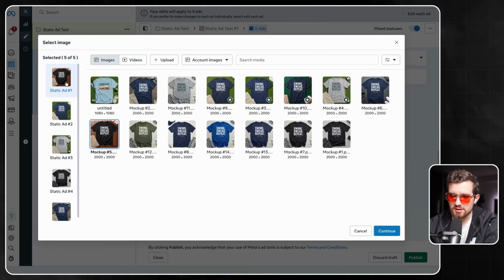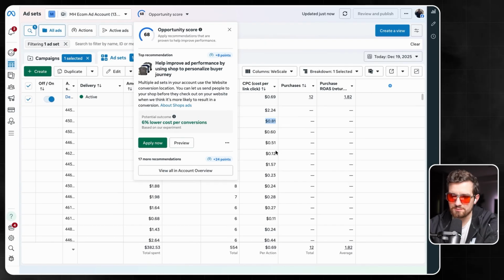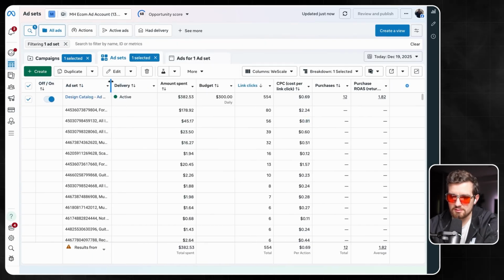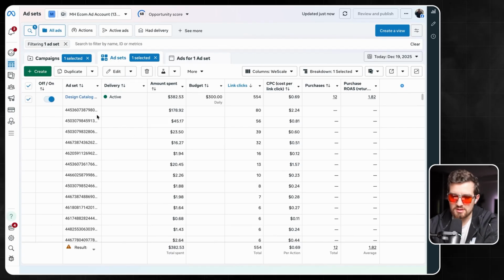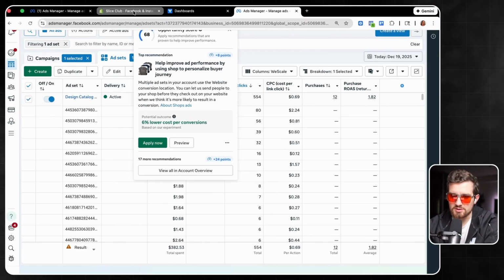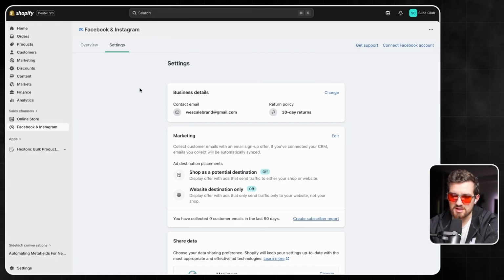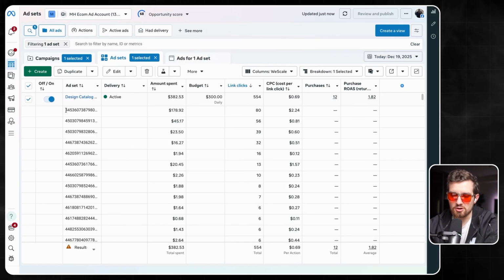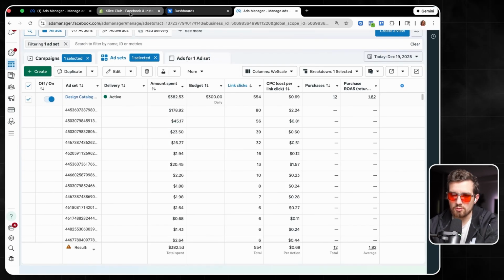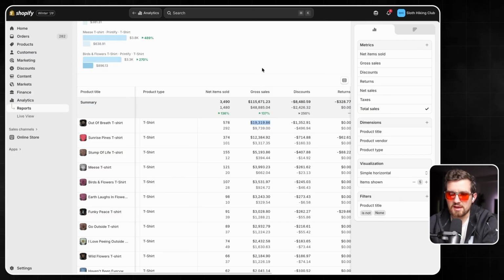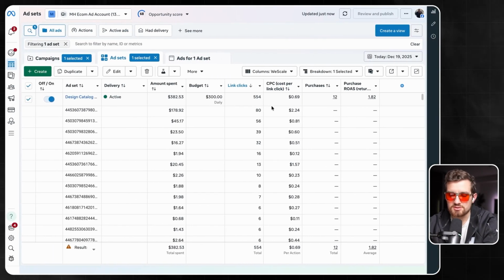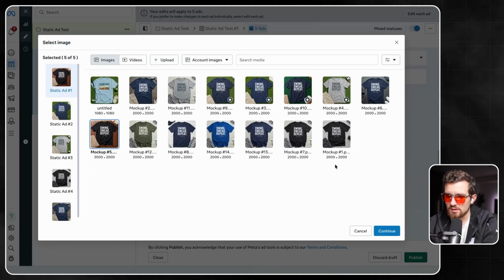So we're going to come here and I would use the color that this variant is. So you get the number from there, and then you go into your Shopify store and you search that number, and it'll show you the exact color that's getting the most clicks. Because keep in mind, this is testing all the variants. So it could be our Bad Lie shirt, and we think the best color is white. Like I thought it looked pretty good, but it turns out that the one that's getting all the clicks is the navy. So we want to make sure that we grab the right color, and then we would upload them